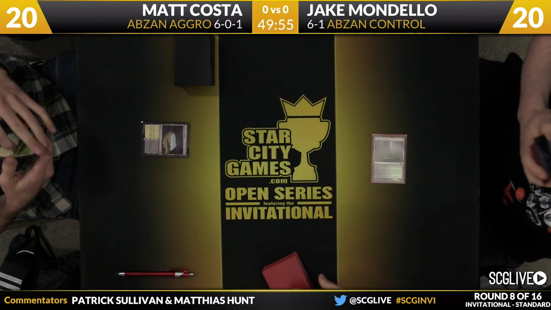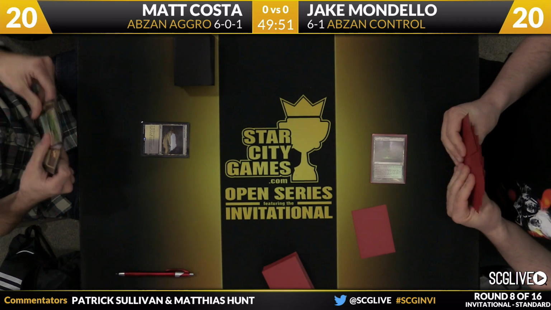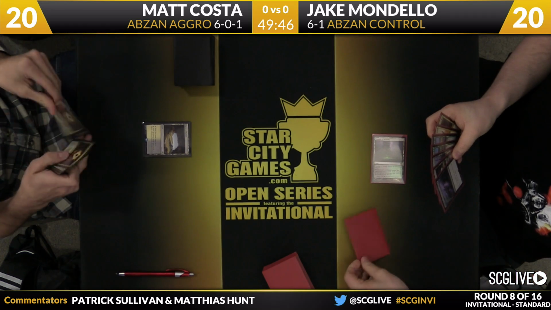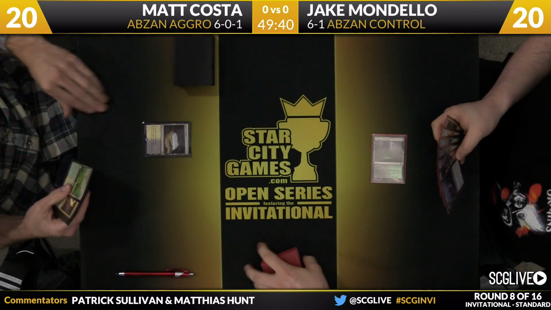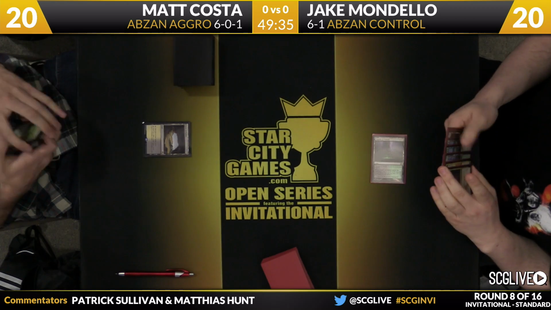Costa starts out on Caves of Koilos, and it's a temple for Mondello. Pressure will be on Costa to have a 2-drop frequently in this matchup, as the universal removal from Abzan tends to cost 3. Yeah, you need to get out in front, very important. Now, the more that your deck can hang around later on in the game, the less and less that's true. But certainly game 1, there's a lot of pressure on Costa to come out of the gate swinging with a